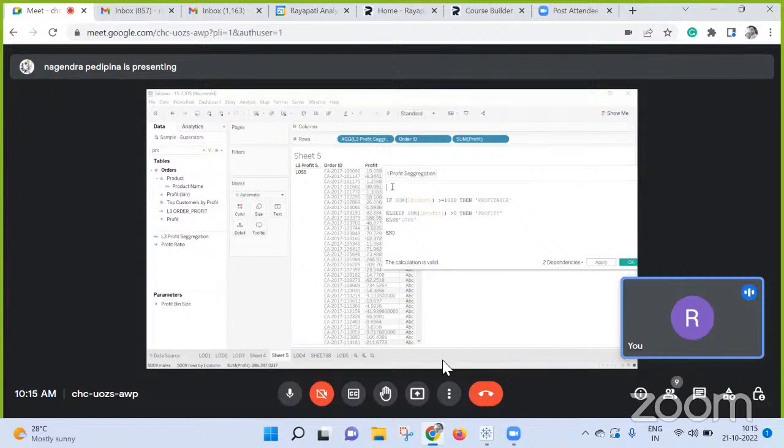But see, that is the point, right? Now, if you want to count how many, whatever, which are profitable, which are loss, and which are profit, then you need one